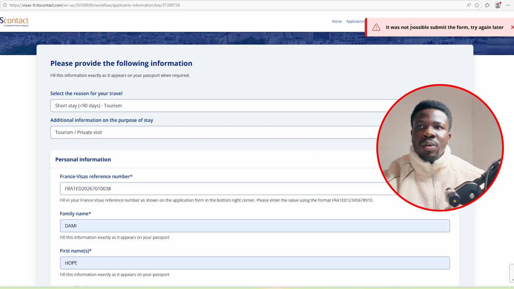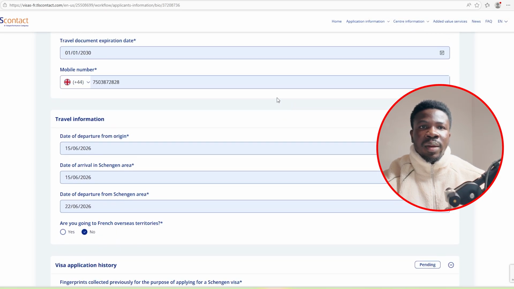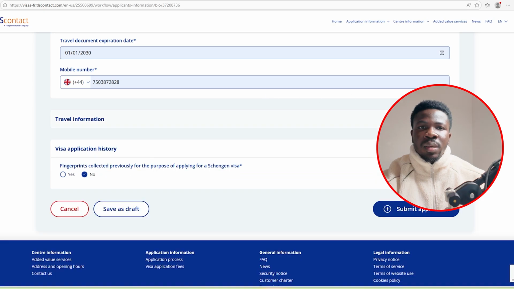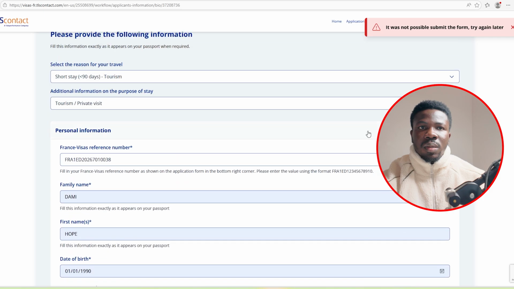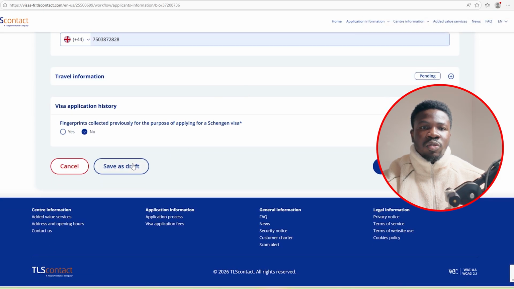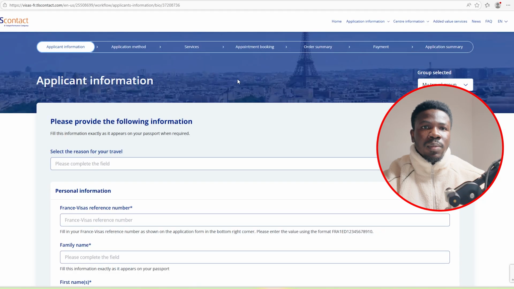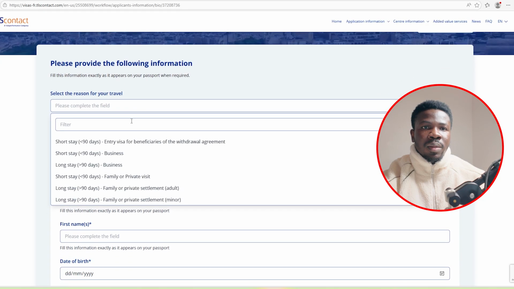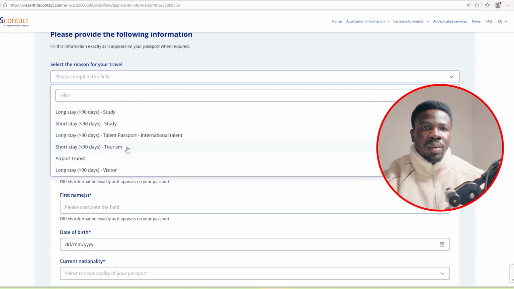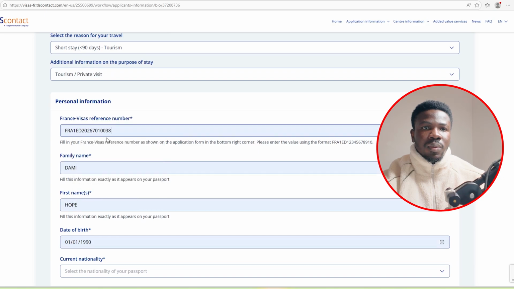So they are saying it's not possible to submit this form. Try again later. So their website is actually very annoying, but let us see if we could get it to work. It's still not working. So let's save as draft first, or let's refresh. So let's fill it again. Less than 90 days, tourism, autofill,